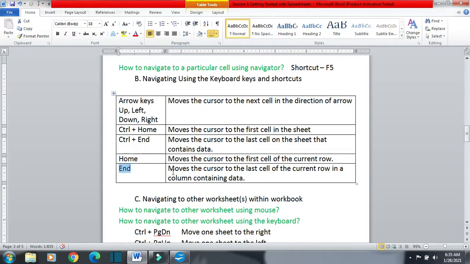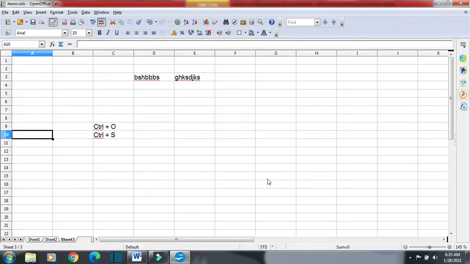End. It moves the cursor to the last cell of the current row in a column containing data. Let us see this. So we are in End.